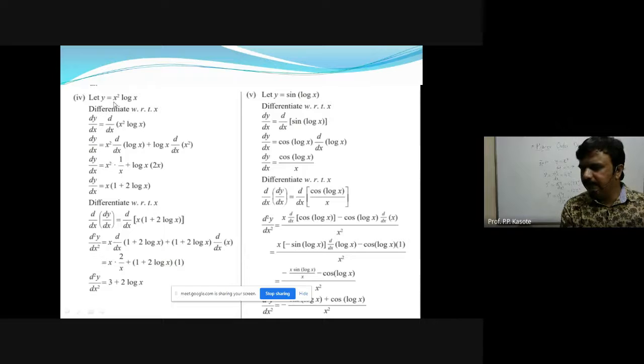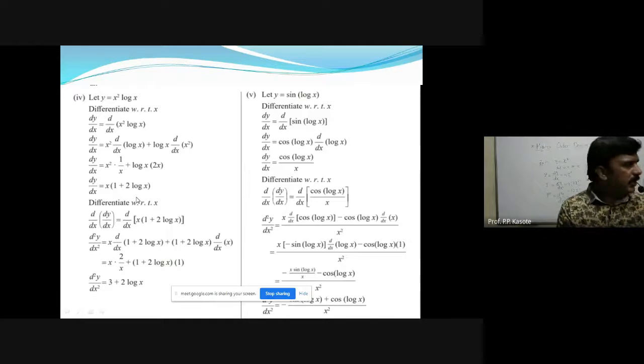Again, y is given to us, y is equal to x square into log x. We are asked to find its second derivative. So first derivative कितना आएगा, dy by dx is equal to x square, see the second step directly, into derivative of log x plus log x into derivative of x square, which is nothing but dy by dx is equal to, after simplification, we will get x into the bracket 1 plus 2 log x. क्यों? Because log x का derivative आएगा 1 upon x, so x square upon x is simply x. Okay, so इसलिए हमारा first derivative कितना आएगा, it is x into the bracket 1 plus 2 log x.